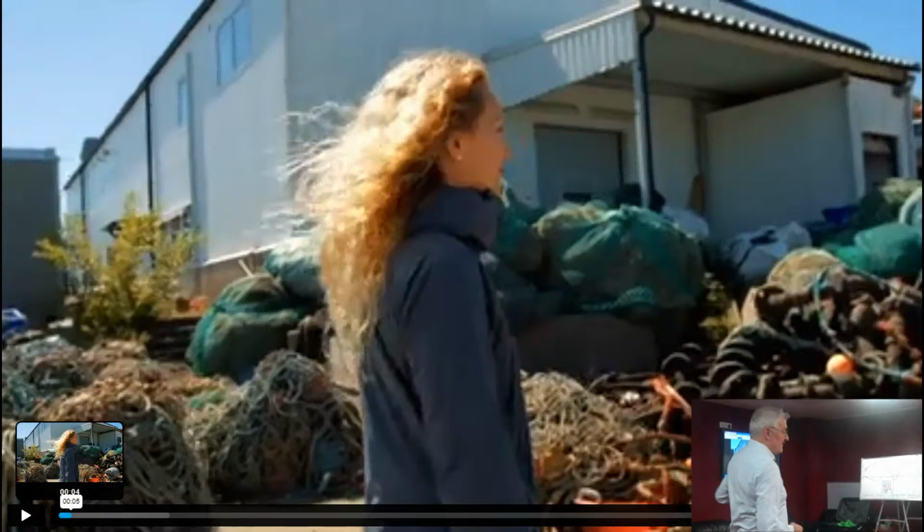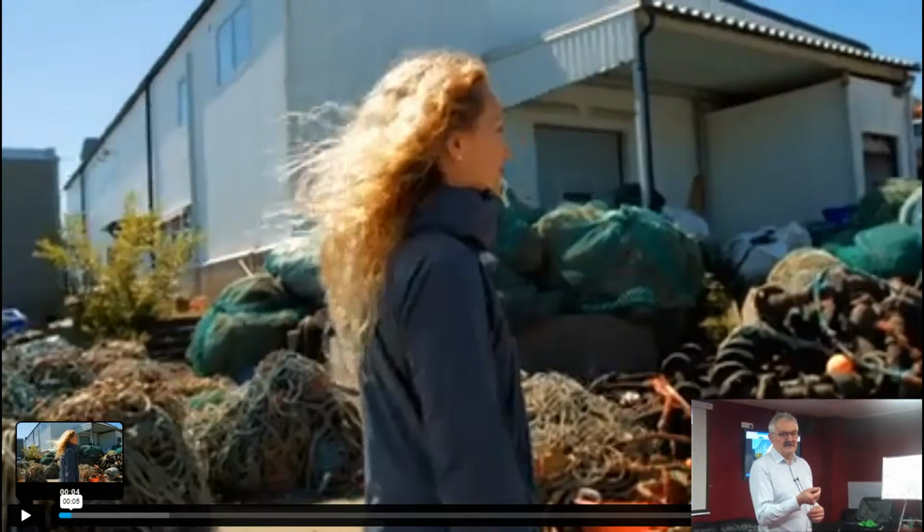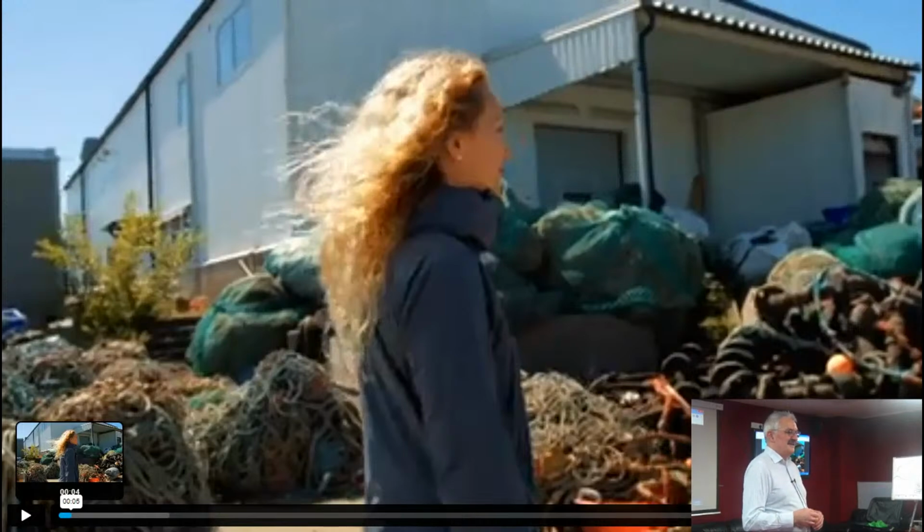But also the fish net is brought, some of it is sailed to Denmark, and then it's chopped up and used for plastic. So it comes into small grains of plastic at a business just 100 kilometers from where I live. You could discuss that transporting the fish net from Sweden to Denmark is maybe not the best thing to do from a CO2 perspective and a circular perspective, but that's how it works today,